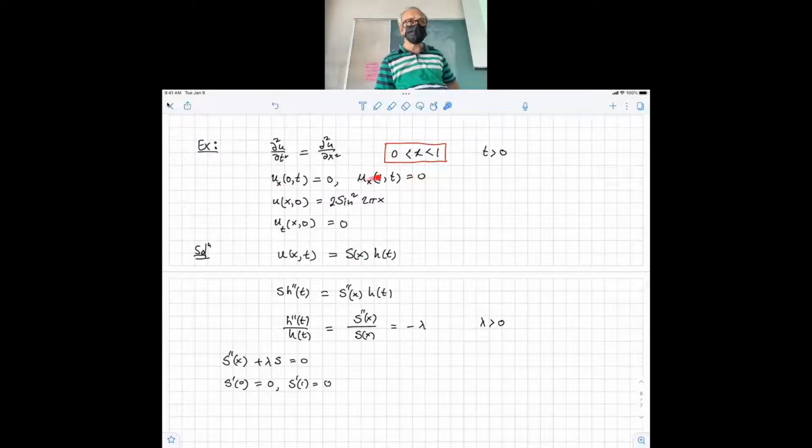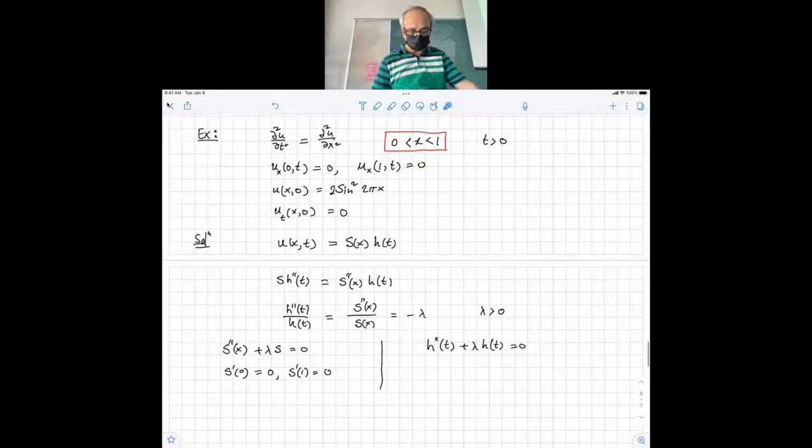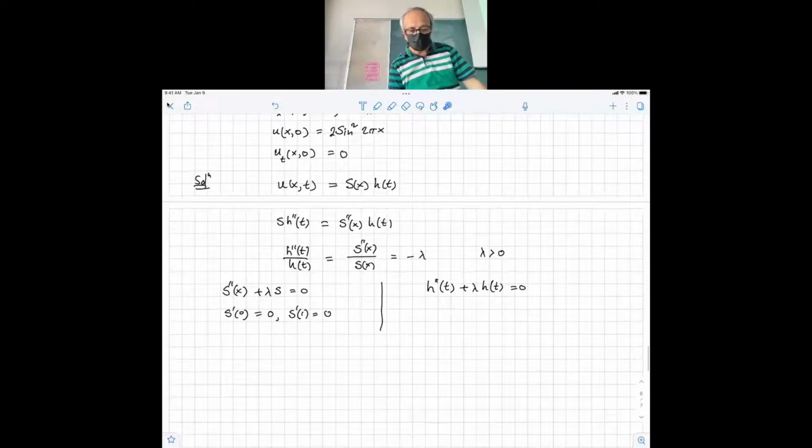The second boundary condition is also a derivative with respect to x, so that also applies to S prime. Then you get another one, which is H double prime plus lambda H of t equals 0. And we don't have boundary conditions, but we could come back later and manipulate those two initial conditions for each part. So perhaps we leave it for now this way and solve for